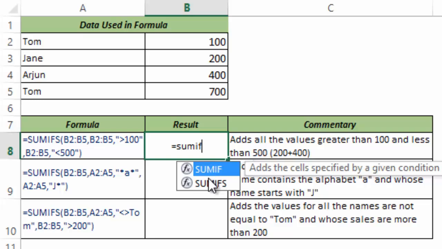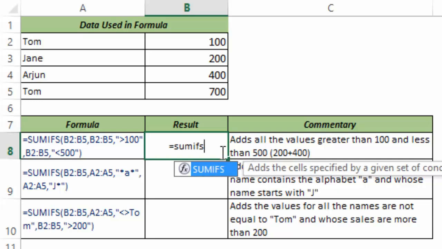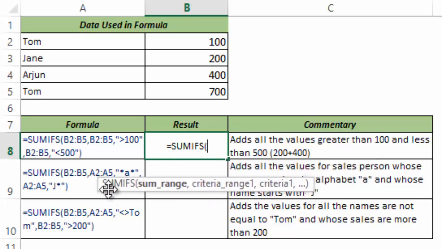You can see there are two formulas, SUMIF and SUMIFS. SUMIF is used when there is only one single criteria, but for multiple criteria we use SUMIFS. You can see it takes a number of arguments. The first one is the sum range, the values that you want to add. The second one is the criteria range 1, which is a range which has all the criteria. And the third one is the criteria 1. This is where you specify your required criteria. And if you have more than one criteria, then you can go on and it would introduce more arguments, which would be criteria range 2, criteria 2, criteria range 3, criteria 3, and so on and so forth.